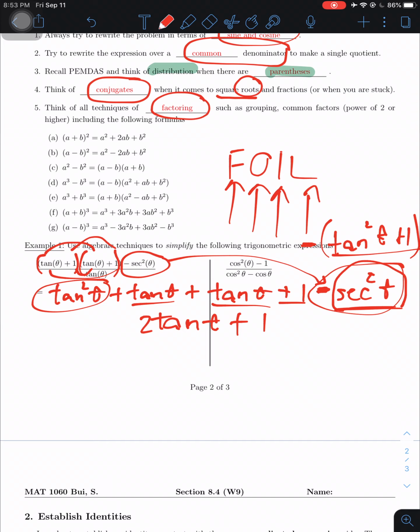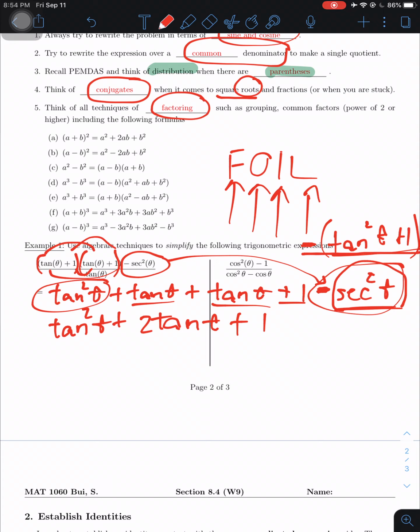So make sure you put parentheses on the group that you substitute in, okay? Whenever you use any identities, make sure you always have parentheses, especially when it comes to a negative sign, just to make sure you don't trip over anything. So I'm going to rewrite the tangent squared here because it's the first term from before. But instead of negative secant squared, I'm going to get negative, and then tangent squared plus 1,